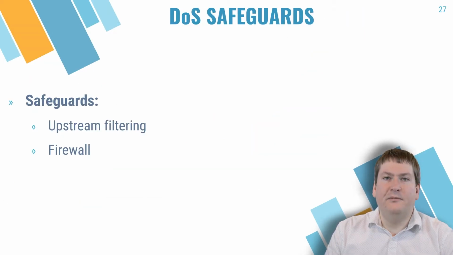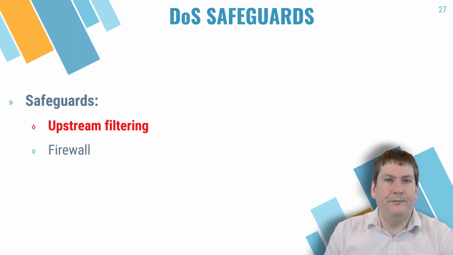Creating safeguards against malicious DoS attacks is difficult and mostly out of the scope of this course. Most organizations outsource this kind of protection to services that specialize in these kinds of attacks. However, I will list 2 safeguards in simple terms. The first is upstream filtering. This is where you have your internet service provider filter out any malicious traffic and reroute it before it reaches